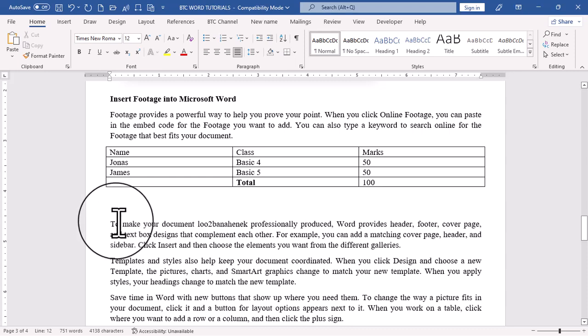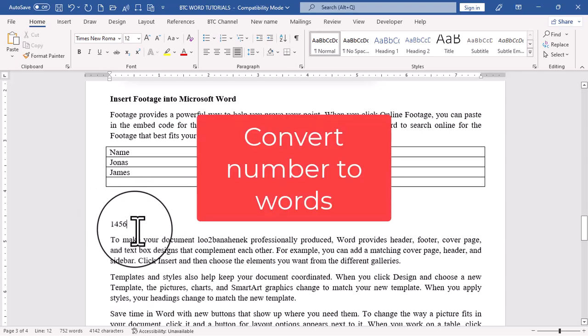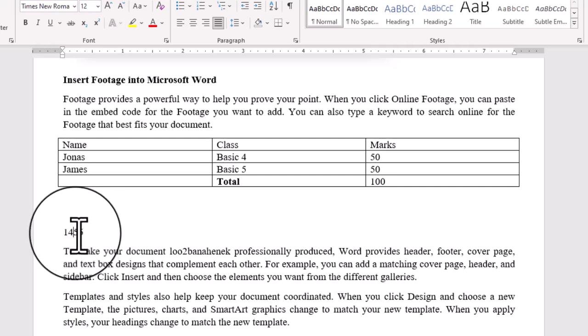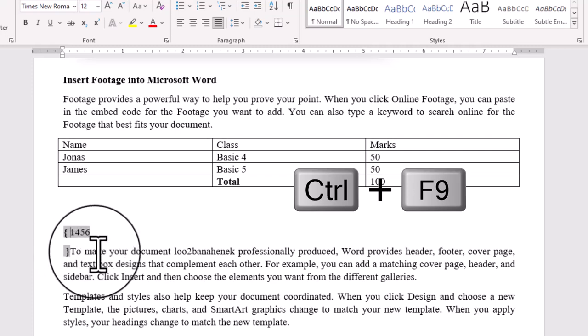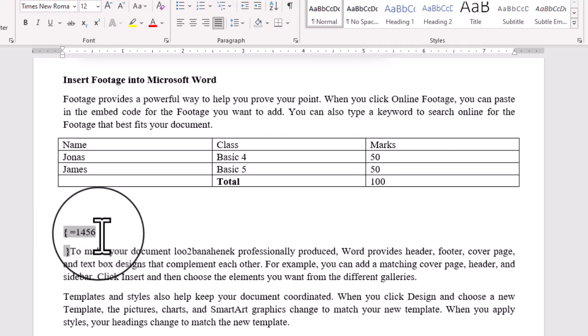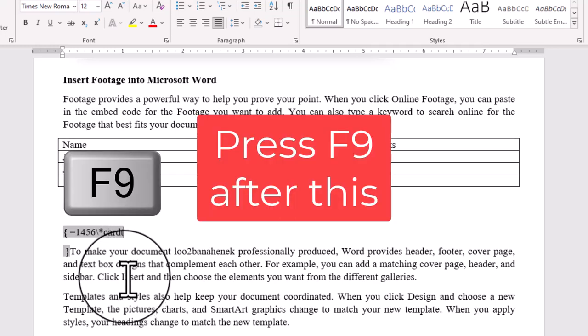The next on my list is if I have some numbers here. Let's say I want to convert this number to words or letters in Microsoft Word. How can we do this? I'm going to double click to select these numbers, hold Ctrl plus F9 on the keyboard, and I'm going to type the equal to sign before the number 1, and then I'm going to move the arrow to this number 6, and I'm going to type the backslash, the asterisk symbol, and I'm going to type cardtext. Now when I'm done, I can press